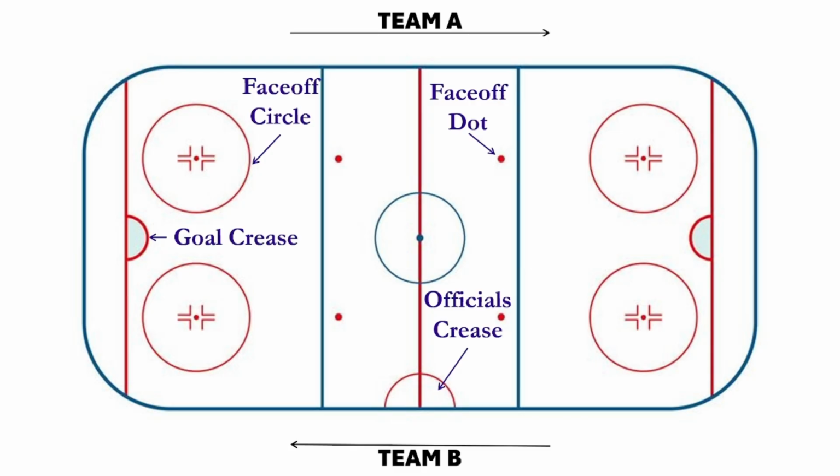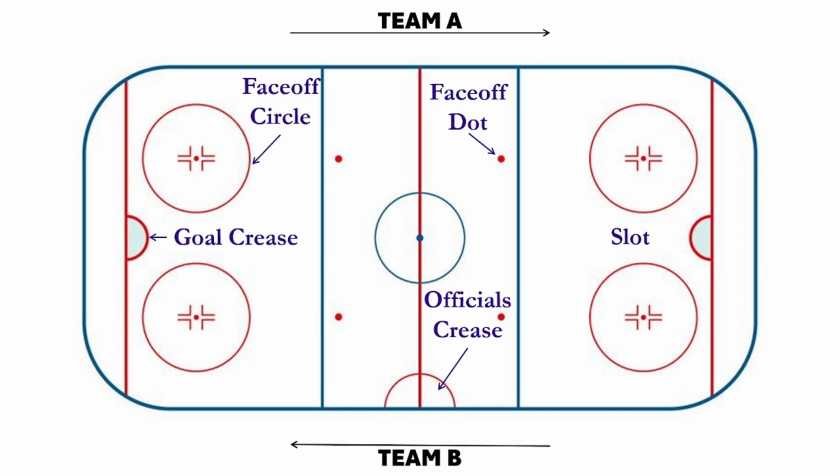There's also a lot of nicknames for areas on the ice, but I wanted to highlight what I think are the two most common. First is the slot, which is the space between the circles. Teams try to get into the slot because it's a very good spot to try to score from. This is a heavily defended area of the ice as well, especially as you get closer to the goalie's net